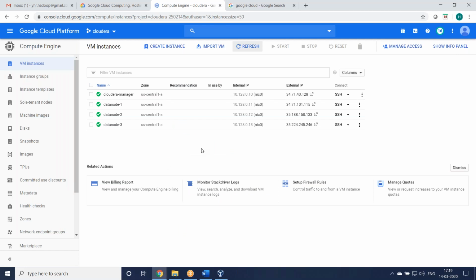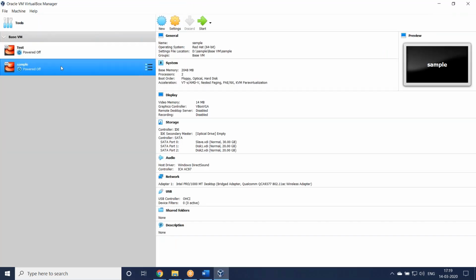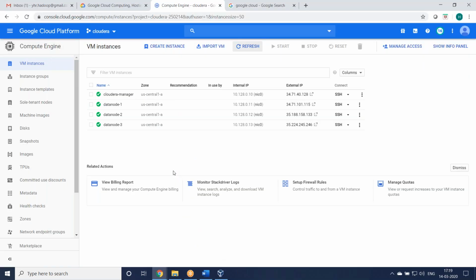Some of the software we have not installed, that we have to check now one by one, server by server. We cannot select all servers at a time. We have to check one by one. First of all, if you log into this machine, we know the username and password, but here we don't know, right? We don't know the username and password.